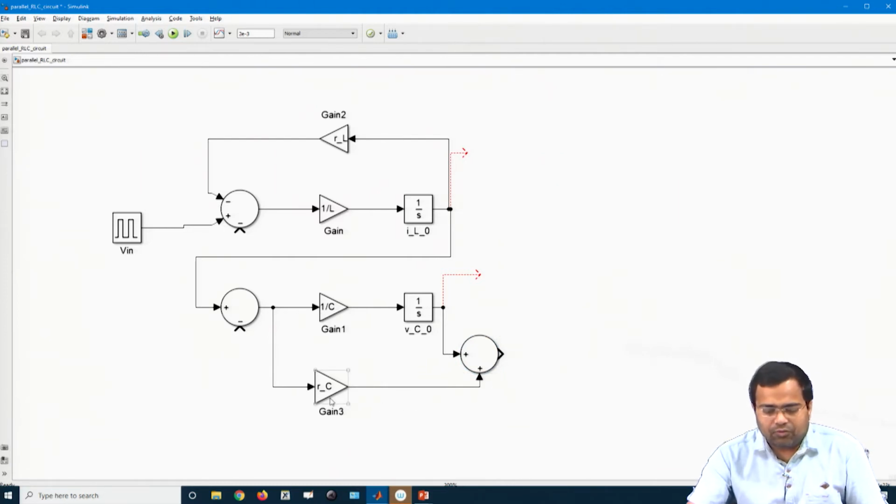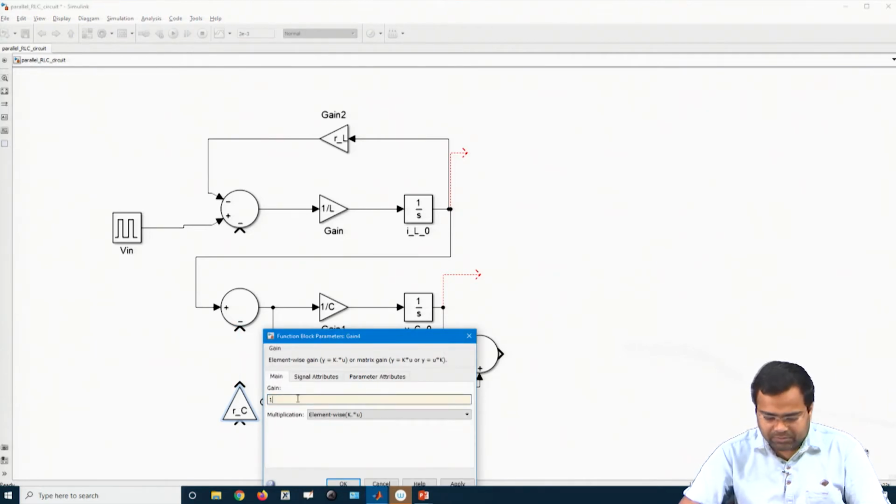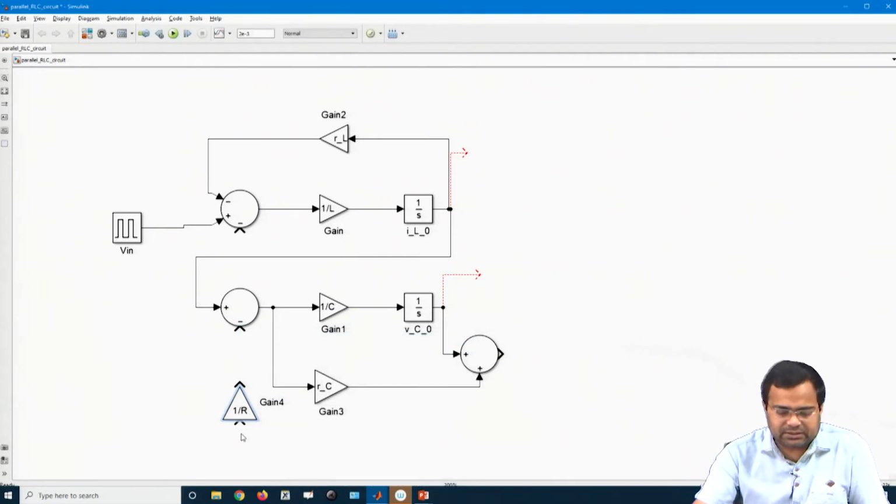Now, what is my load current? My load current is here. So, it is 1 by R, that means voltage by resistance. So, this is the output voltage divided by resistance.